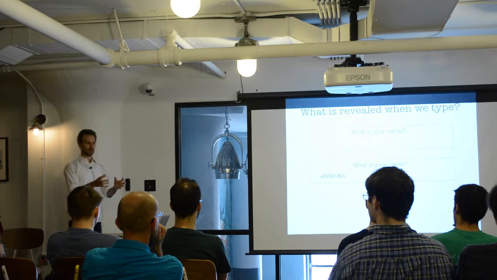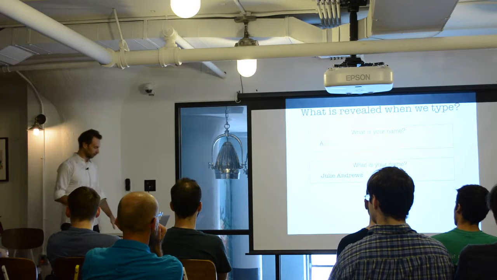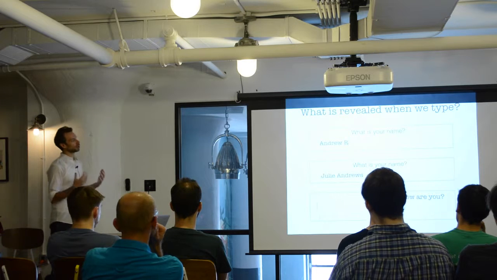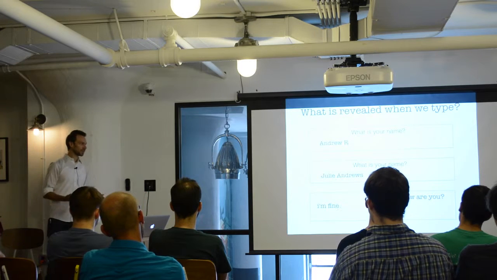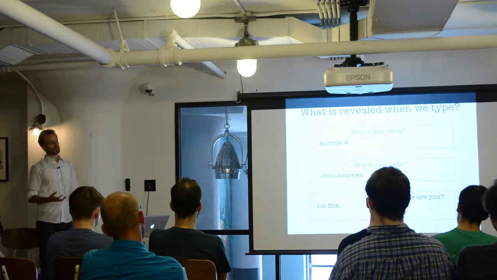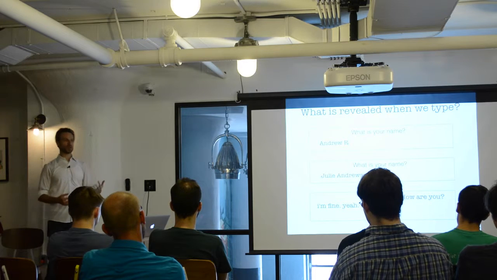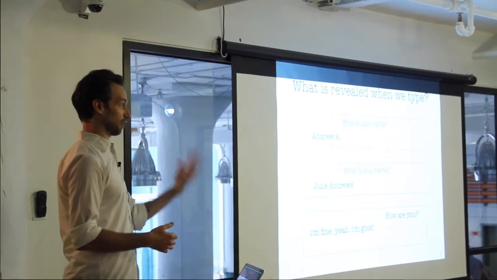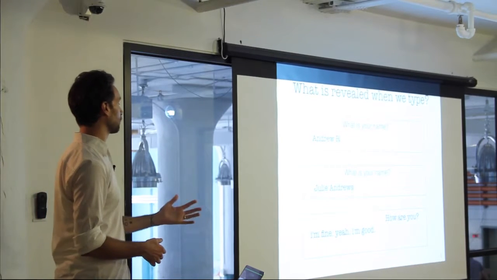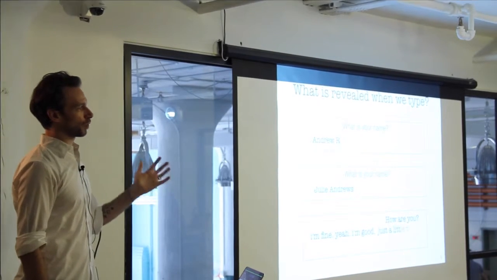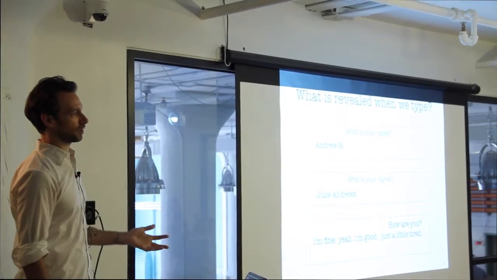And then, just to push this one step further, we're going to talk a lot about authentication and identity as kind of a core exercise here. But there's this other question of just what else is revealed. And we've got processes that are communicated both by the things we say explicitly, right? My name is Andrew Rosenberg, my name is Julie Andrews, et cetera, right? And then there are things that we sort of imply, right, that aren't said explicitly,